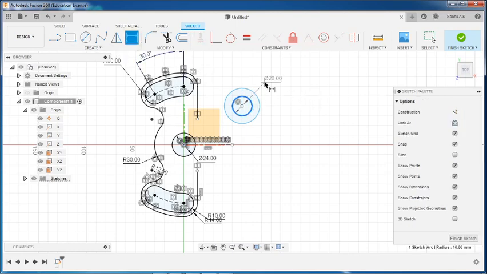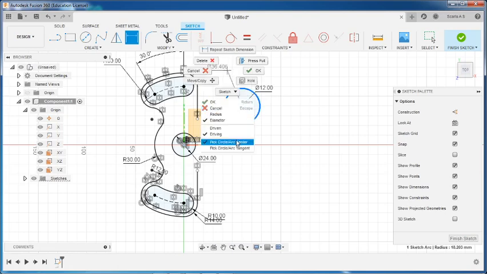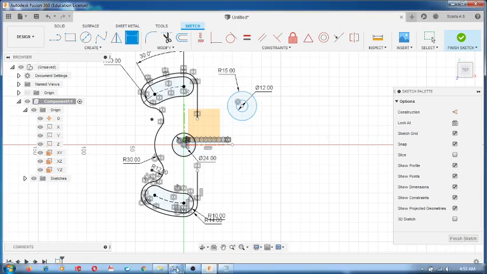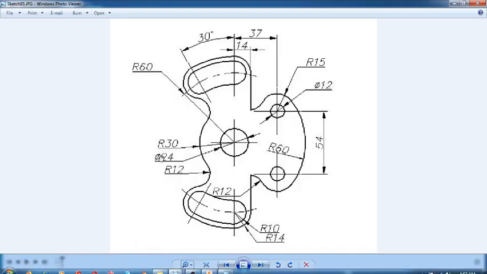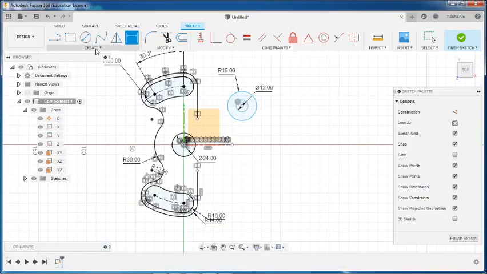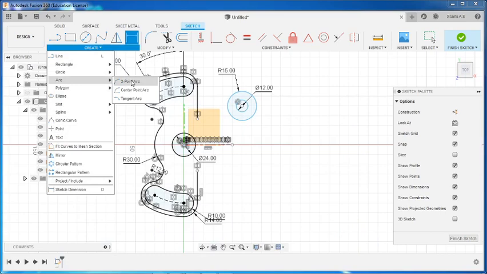This is dia 12. Okay, so this is actually R15. So select the circle, right click, then go to radius and give the value as 15, R15. Then here there is a curve, draw that curve also, create arc, 3-point arc,